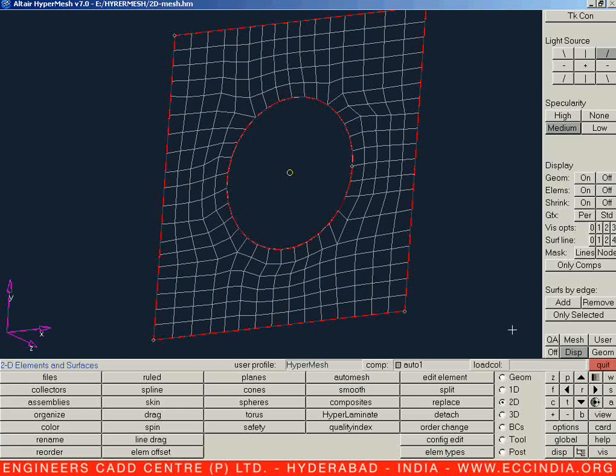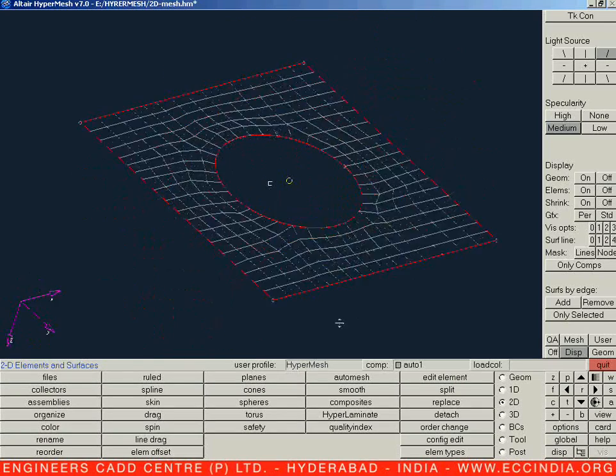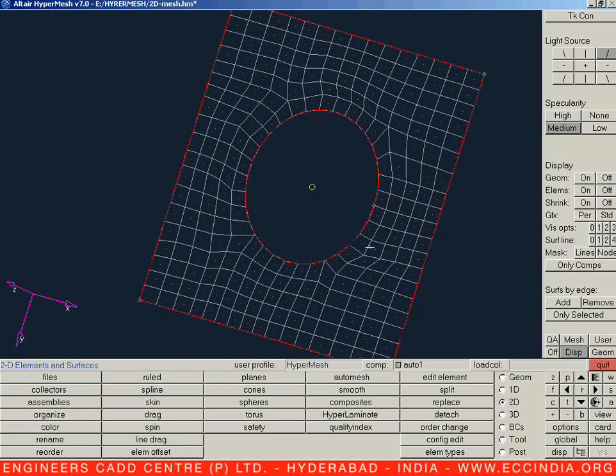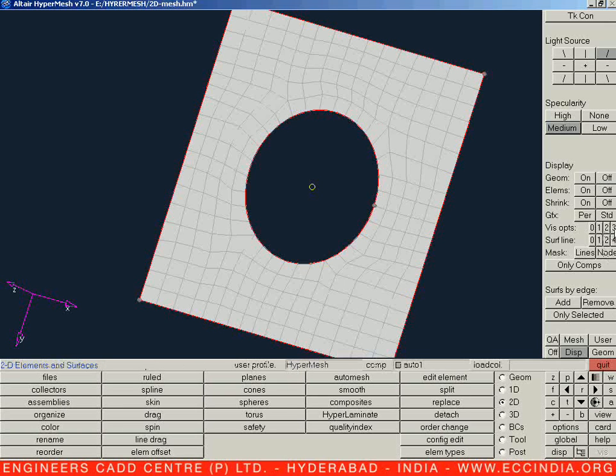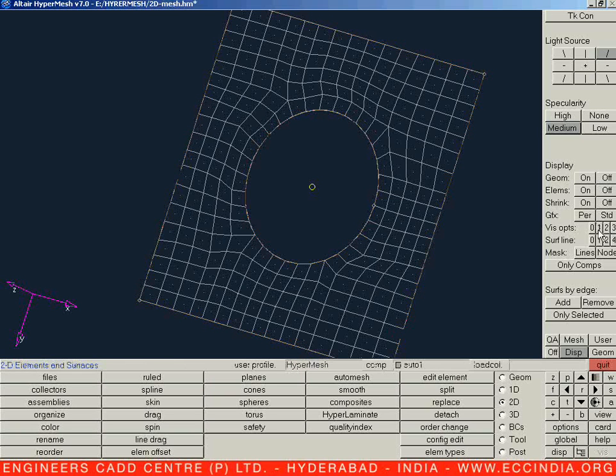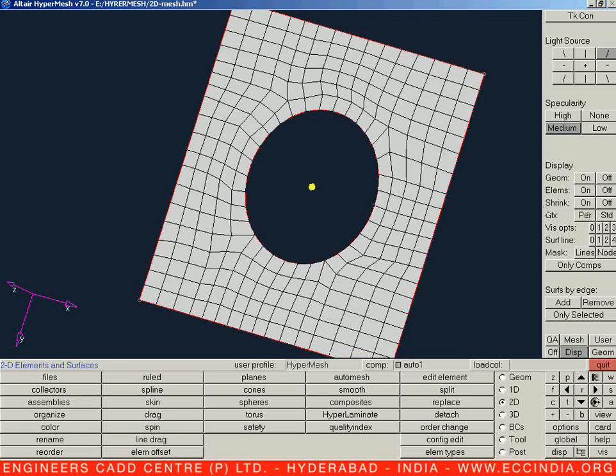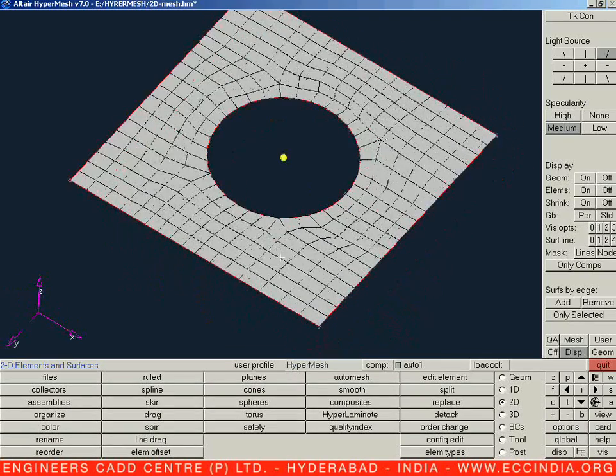So these are the ways we need to save and retrieve our data. Extension will be .db. If it is on a standard, this will be the weave of your finite elements on the geometry, one block having a center located over here. If it is on 3D aspects, so visual options 3, visual options 2, visual options 1, visual option 0. Keep generally on visual option 2, and the graphics mode should be on performance. So this is the way we are supposed to go for the meshing of our elements.